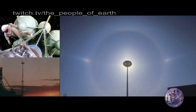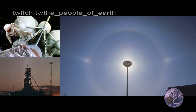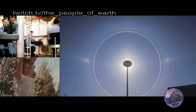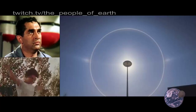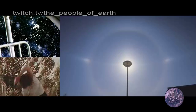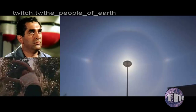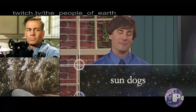They're a little bit higher. You can see these concentrations. They're a little bit farther out in radius than the main part of the halo. You can see the inner edge of the halo is there, the outer edge is right about there. So these things are near the outer edge of the halo, and they are a particularly bright concentration of light in this halo. So people call them mock suns, or sundogs, kind of like a dog following a person